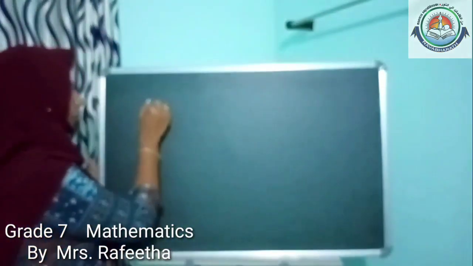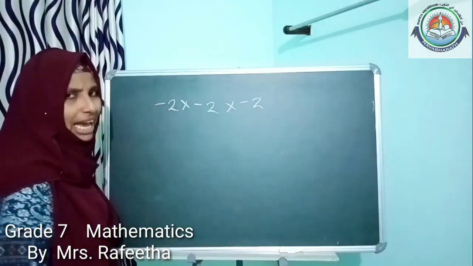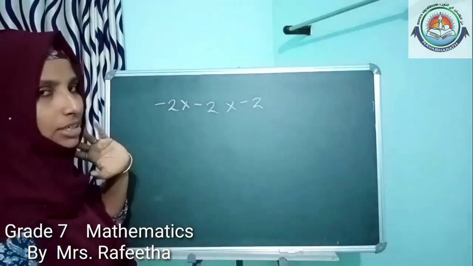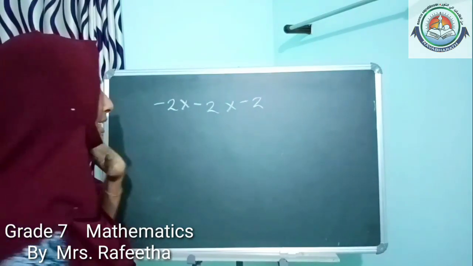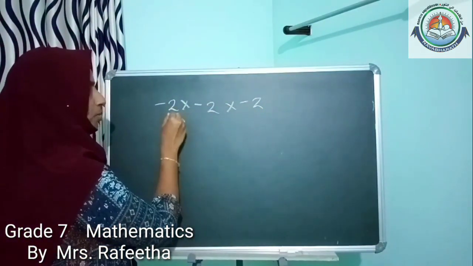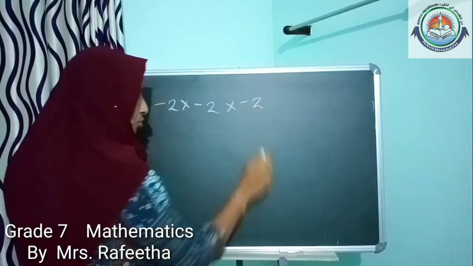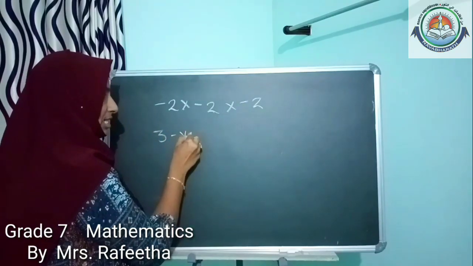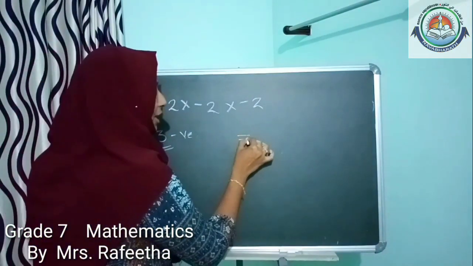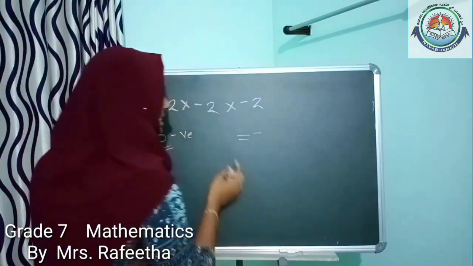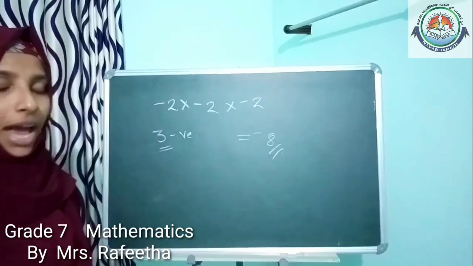Minus 2 into minus 2 into minus 2. Simple question they have given. So you don't need to worry that a tough question will come in the exam. Only simple questions will be coming. How many negative numbers are there? Minus 2, minus 2, minus 2. That is 3 negative integers. Is 3 even or odd? 3 is an odd number. So what will be the sign of the result? The sign will be negative. 2 into 2, 4. 4 2's are 8. So minus 8 will be the answer.